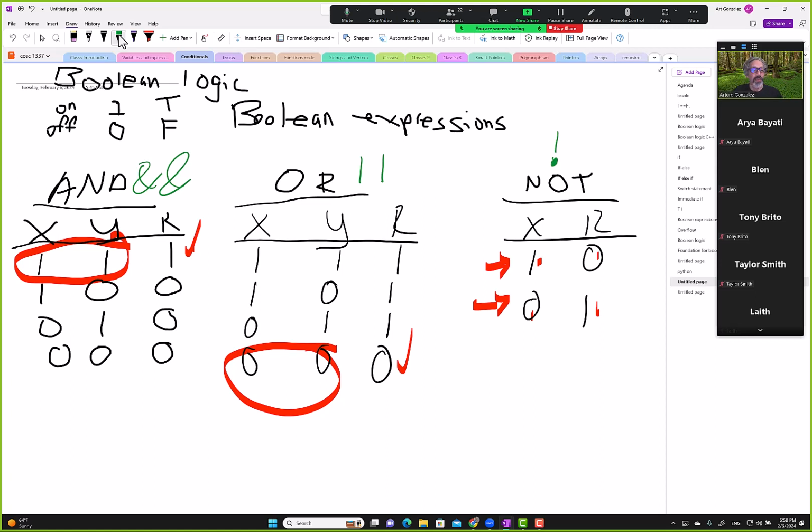So anytime you see symbols like this, then you should be able to be like, oh, okay, so they're using Boolean logic in this case. So let me